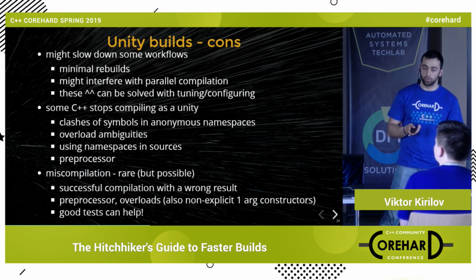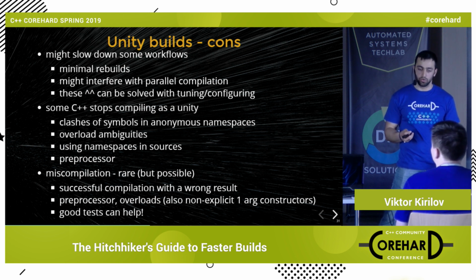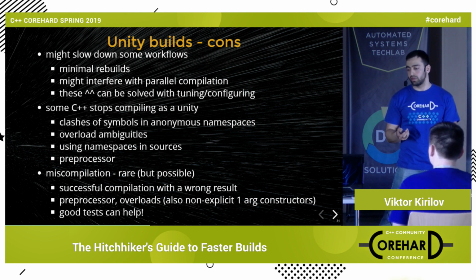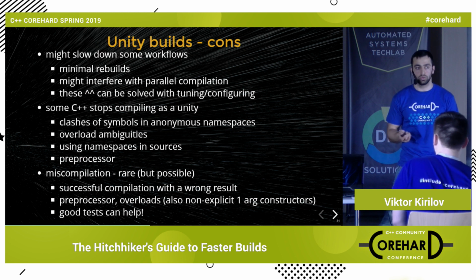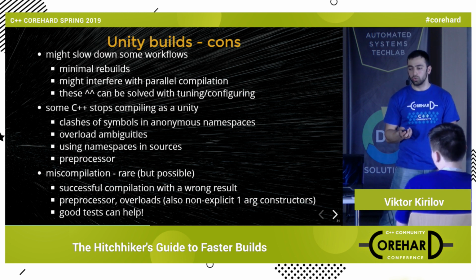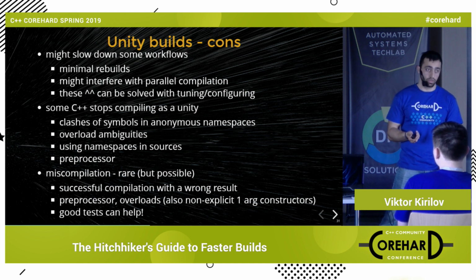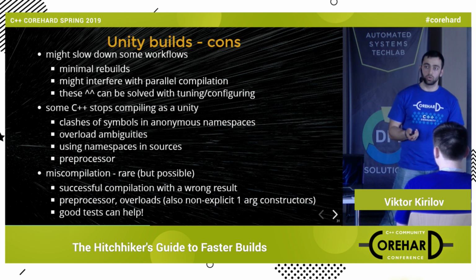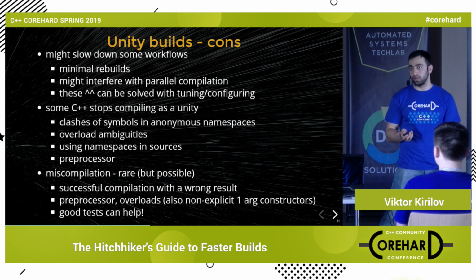But the biggest problem with Unity builds is that you could get a miscompilation, where actually the project compiles successfully, but the wrong overload gets chosen somewhere, and you don't know that. And your only line of defense for that is to have a good test suite to actually test your program. So Unity builds might not be the best solution for a production build, even though they're like free link time optimizations. So you have a faster, more optimized binary. But it's a bit more risky. So maybe they're a good idea only while in development. And for a full release build, you might want to use